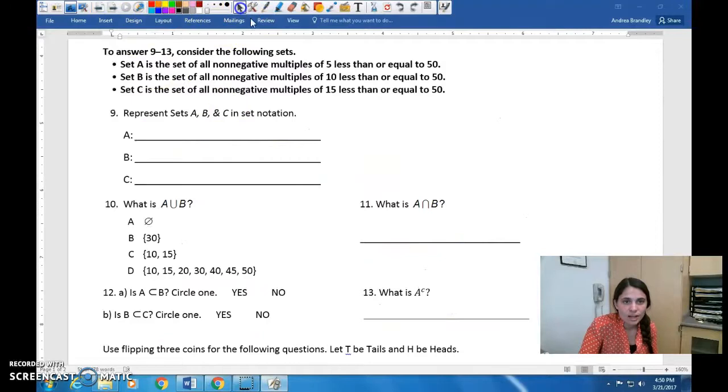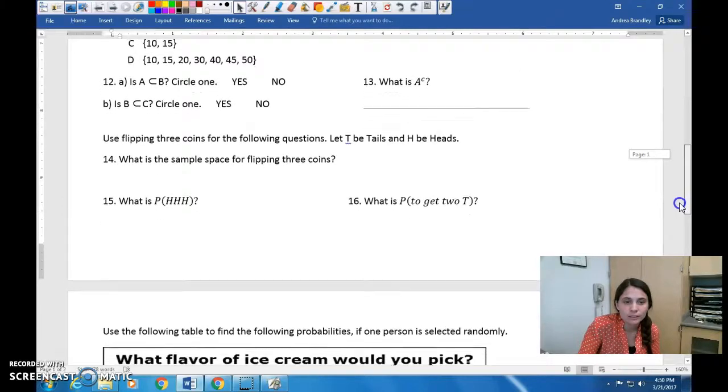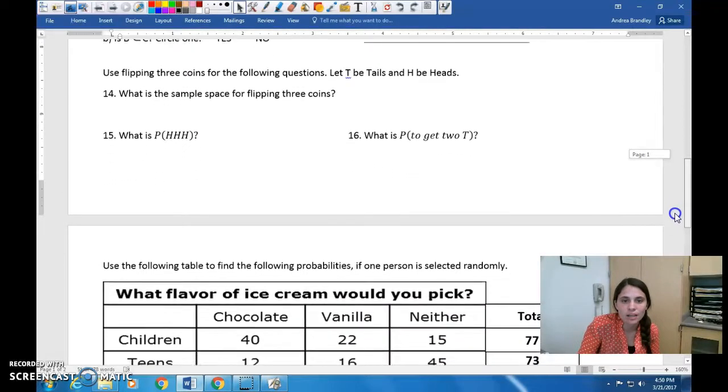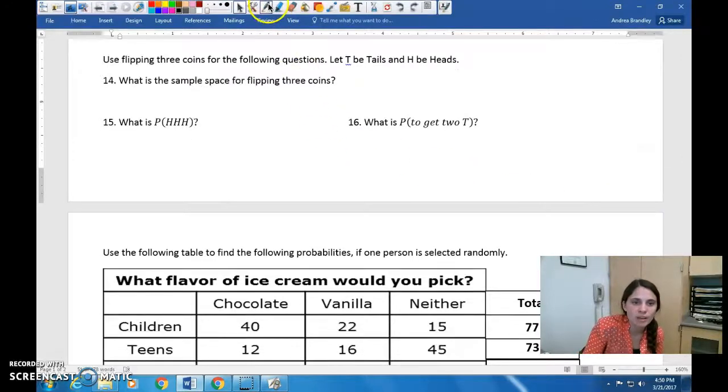All right, our next section is asking us to develop a sample space. We're flipping 3 coins, and we're going to let T stand for tails and H stand for heads. What is the sample space for flipping 3 coins? We learned in our definition section that a sample space is all of the possible outcomes. So we're going to list all the possible outcomes, everything that could happen if